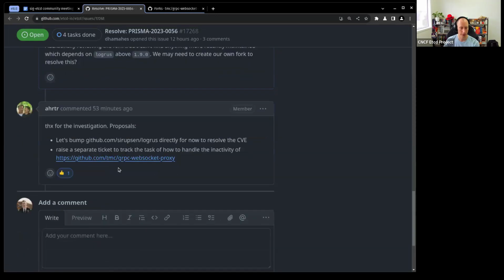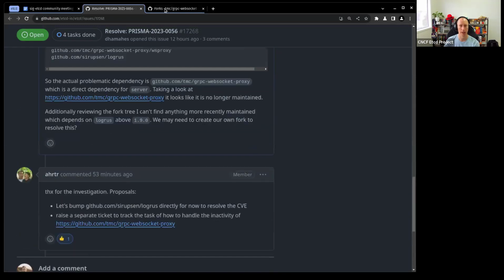So for the immediate bumping of Logros, I'm happy to take a look at that, or if someone else is keen to volunteer. Ivan, you've already taken a few, so we'll see if anyone else on the call is keen to look at bumping this dependency. Otherwise, I can try. I can try that out. Awesome. Thank you. It should be pretty straightforward. I wouldn't expect issues, but just see how you go. If you drop a comment on the issue, I'll chuck the link in chat here. I can assign you.